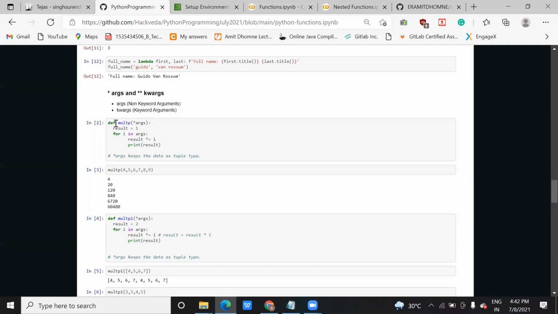Okay. So here you can see this i is your temporary variable that will be initialized how many times? Six times. Why? Because of the six values you are passing. So this is called a non-keyword argument. Here you are not passing any key. This whole set of six values will be assigned to this argument, and this asterisk symbol tells your function that we will pass more than a single value, more than a single argument, to you.